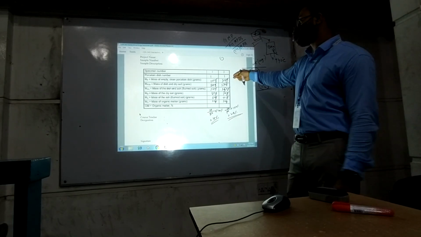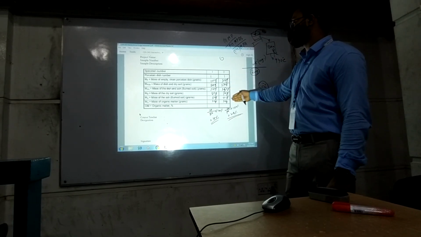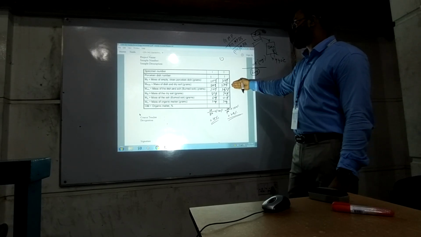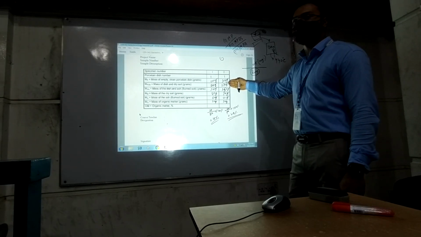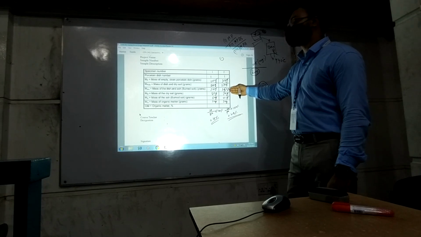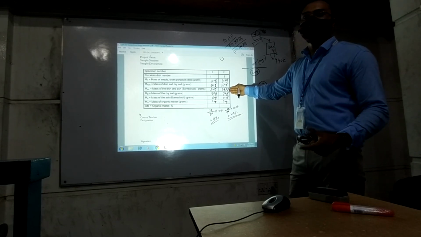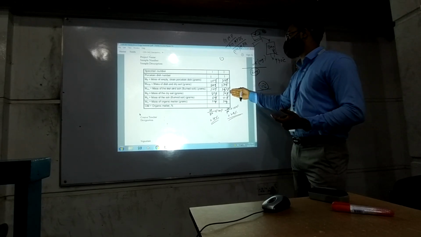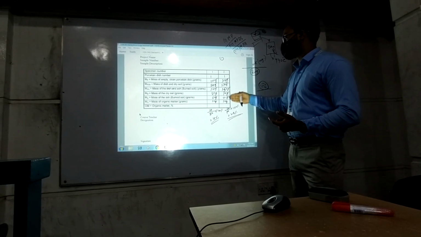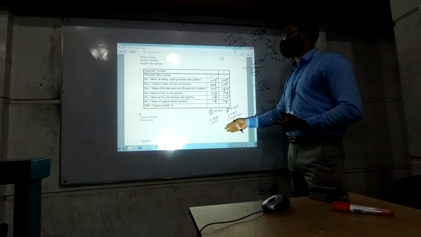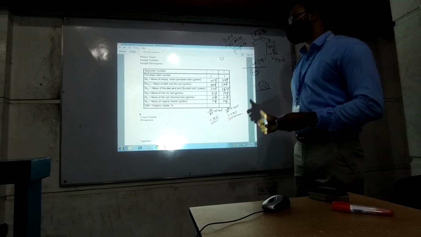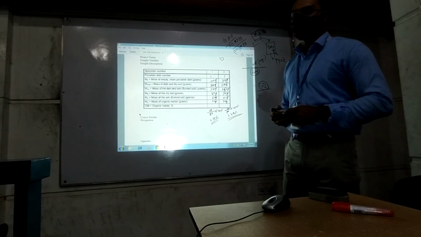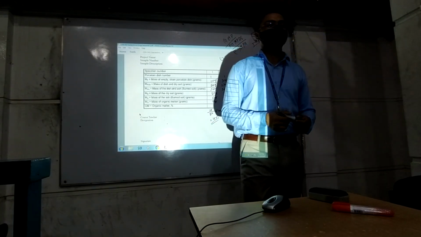So for the step-by-step procedure, you first have to determine the mass of the empty dish. Then you determine the dish with oven dried soil. You keep the dish in the oven overnight. After that you determine the dish with ashes. Then you just subtract the values and you can easily find the organic matter. So these are the procedure and the calculations. So easily you can determine it. Thank you very much.